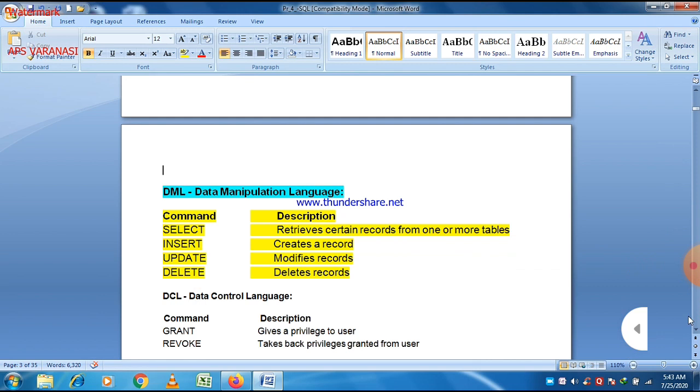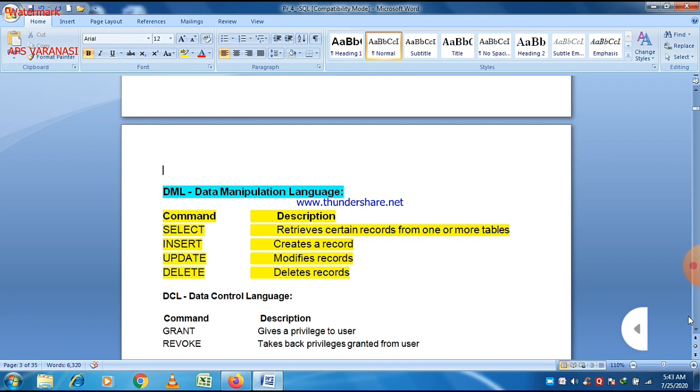So many times in examinations, a question is asked related to the update and alter table commands. What is the difference between alter and update table command? So in one line we can say that the alter table command is a DDL statement, and the update command is basically a DML statement. Second point is, using the update command we are able to update the data of a table, and using alter table we are able to change the structure of the table. So that is the basic difference between update and alter table command.